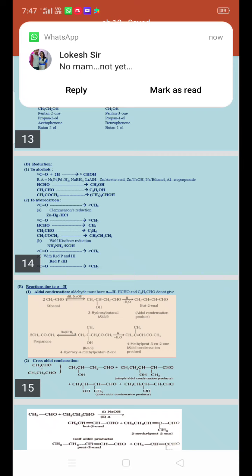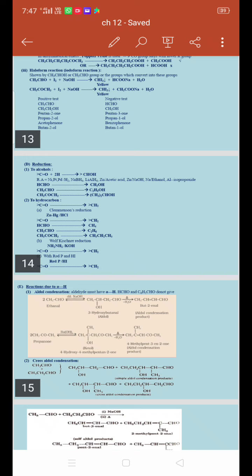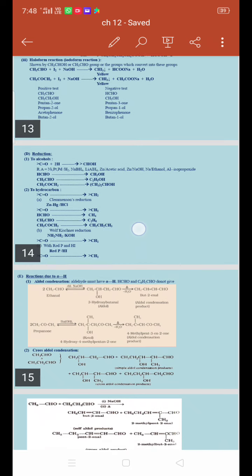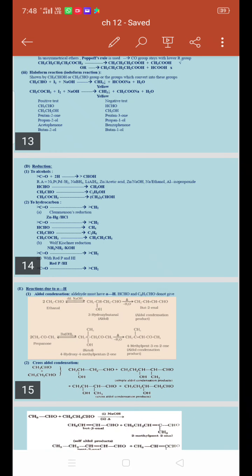Now let me show that. See, C=O is reduced to CH2. What is CH2? Nothing but hydrocarbon. Now let us look into the reaction. I have the same formaldehyde whose formula is HCHO. I have a normal aldehyde group to which, if I attach an H, it is called formaldehyde. Now formaldehyde is reduced to methane. Can you find the number of carbon atoms in the reactant and the product? In the reactant I have 1 C. In the product I have 1 C. So the number of carbon atoms is maintained in the reactant as well as in the product. So when formaldehyde is reduced, I get methane.